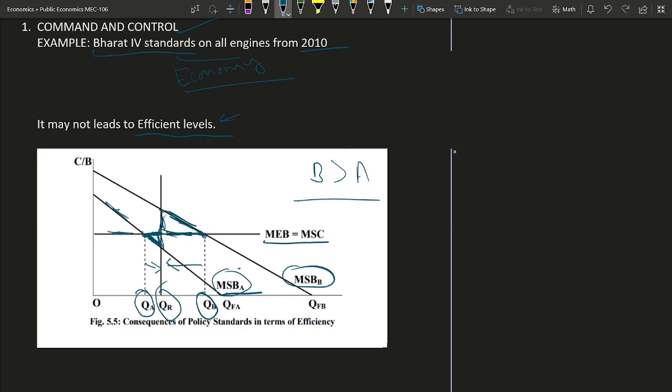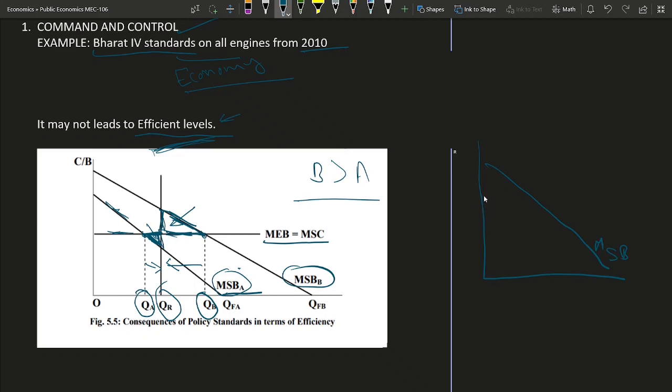The total welfare loss for the society is what we are losing for firm A and what we are missing for firm B. So setting constant standards for different firms which have different marginal social benefit curves may not lead to the efficient level. A similar case can be made even if the firms have similar marginal social benefit curves but their locations are different. So suppose this is the firm A and B marginal social benefit curve, and in that case